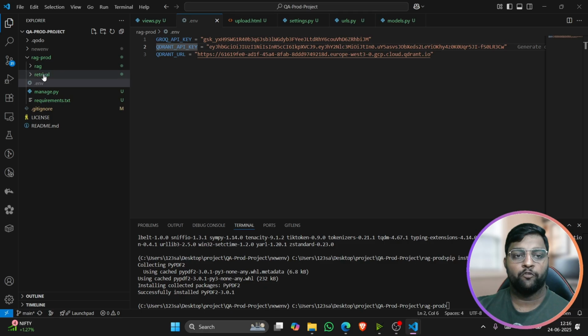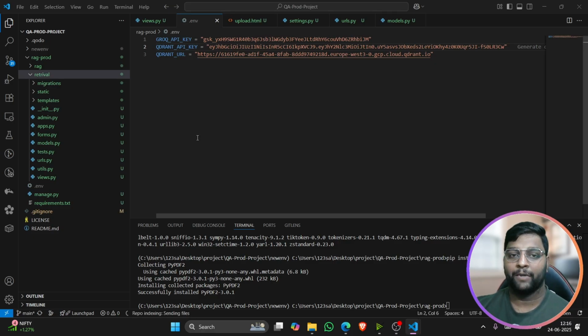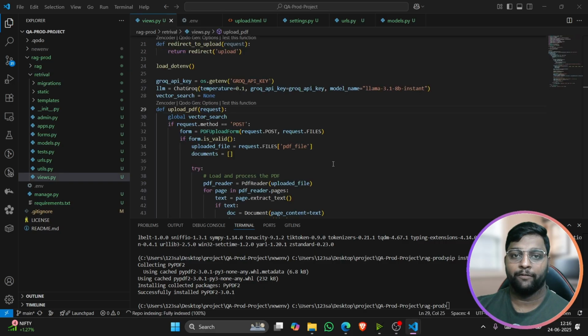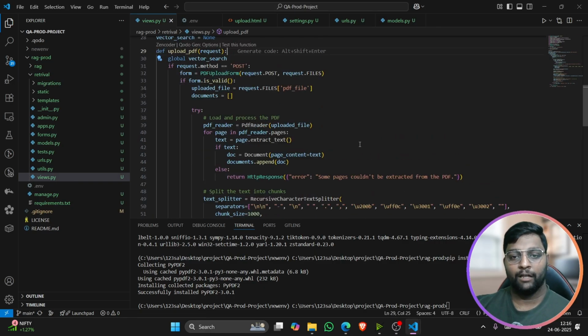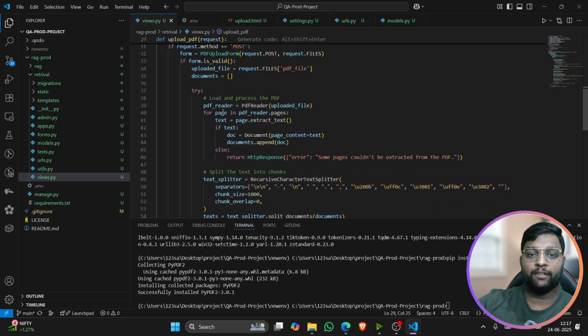And before we move forward, what we need to do is, we have left out a migration, so we need to start to migrate. First let us see our views.py. In views.py I wrote a simple functionality here. You can see upload PDF and global vector search, and if the method is equal to POST, this is on the POST API, so upload form, and upload PDF is equal to request.FILES PDF file and document. Then we wrote a try block to process the data. PDF reader is equal to PdfReader of the uploaded file,